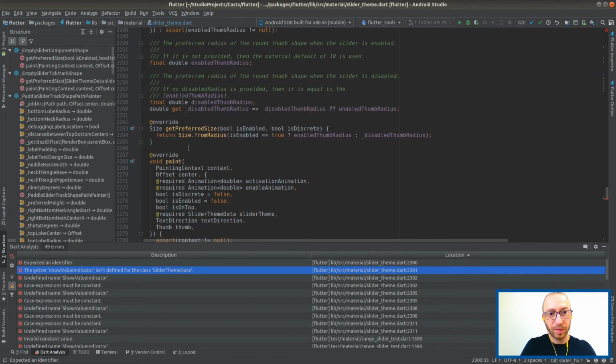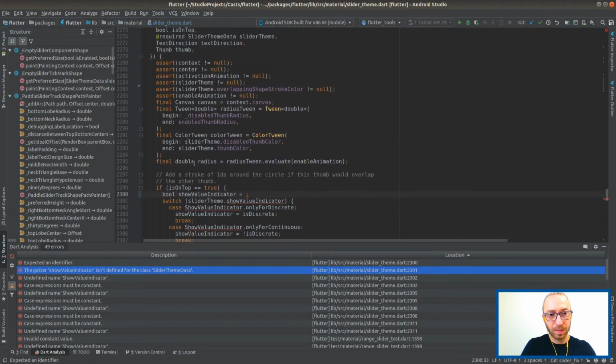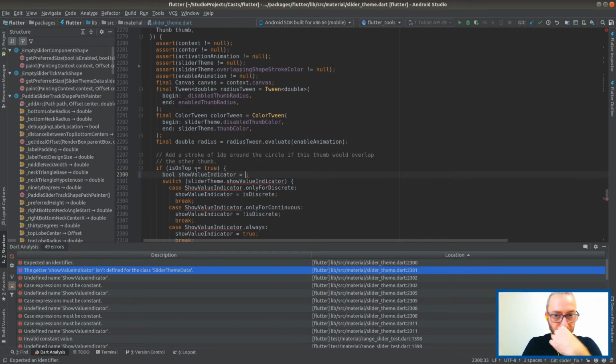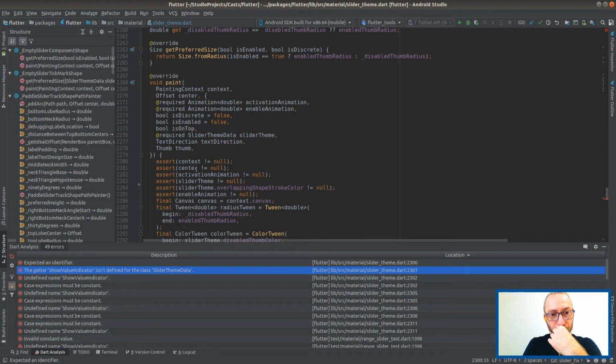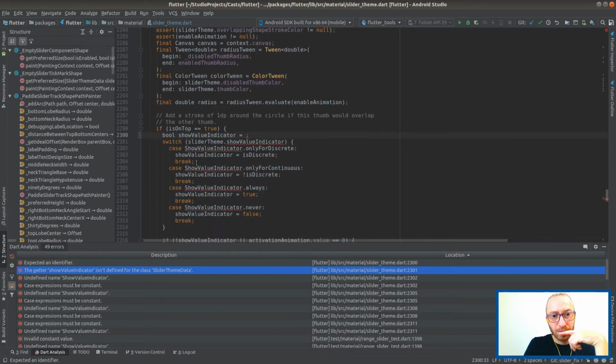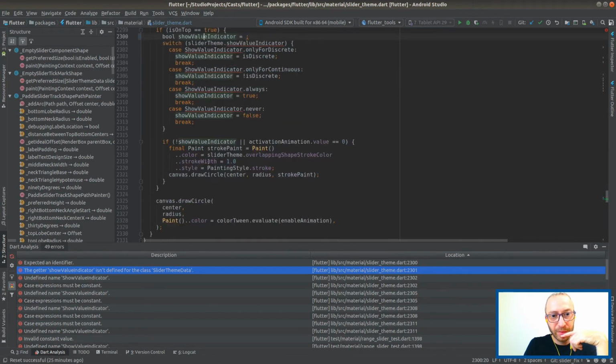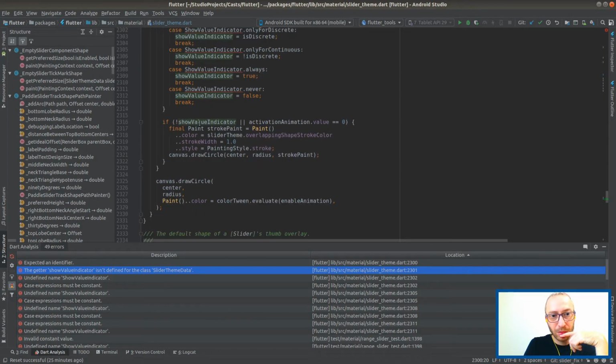Oh yeah, we don't have a label over here for some reason. Let's see where it's used. Maybe it's not even used. If not, show. Activation animation is 0.